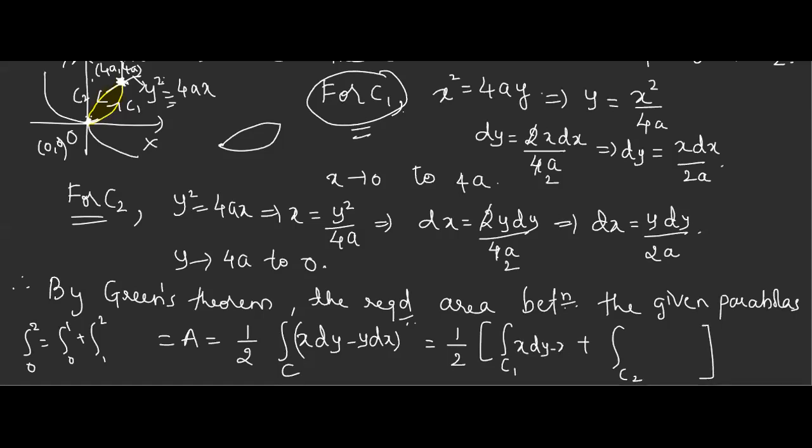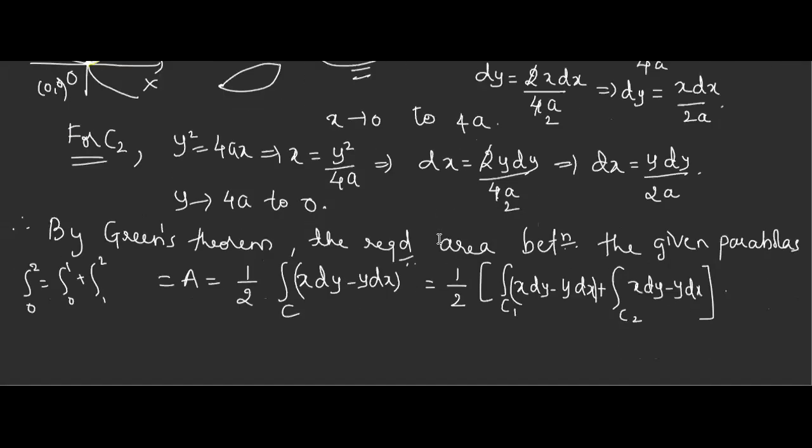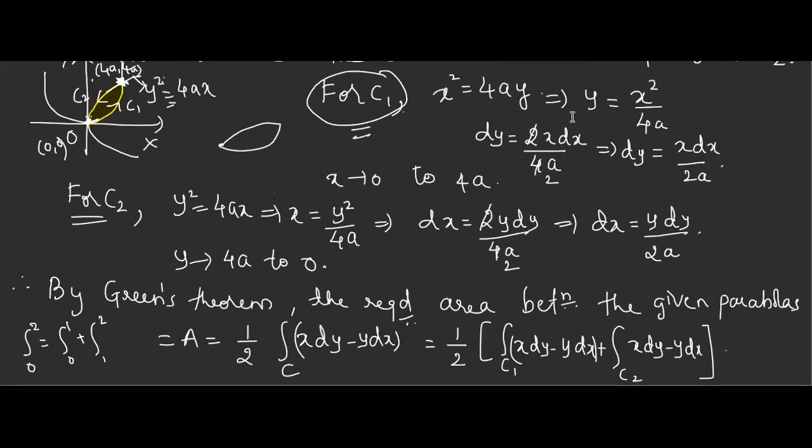The integrand function is the same. Can I write like this? If you say yes, then only I can proceed. Yes, we can, because C is C1 plus C2; if you add both the paths, you will get the entire curve C. Okay. Now x dy minus y dx. Now we have to take it on C1 and C2. Just see. For C1, these are the changes. Let us take that.